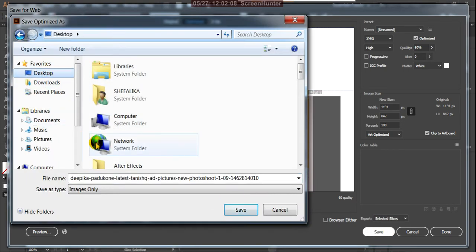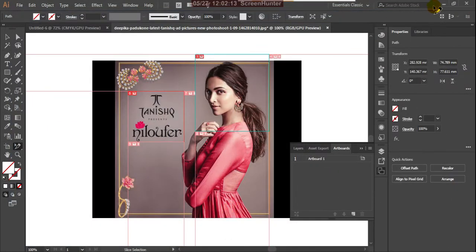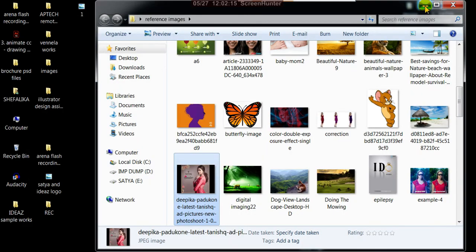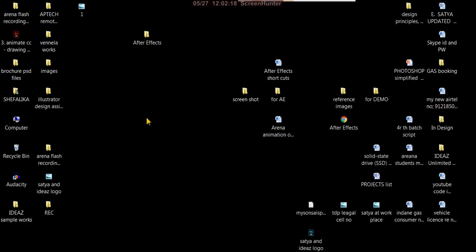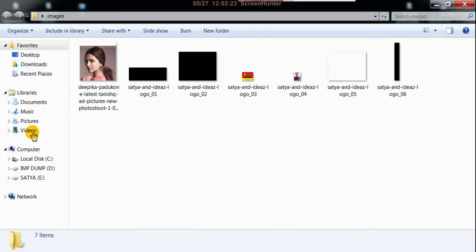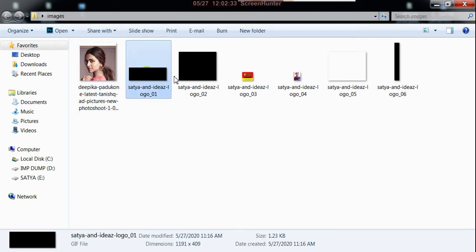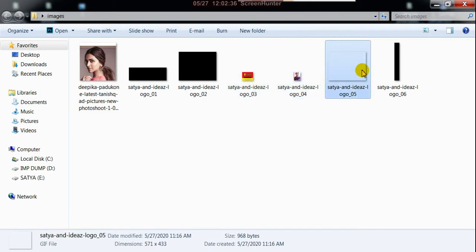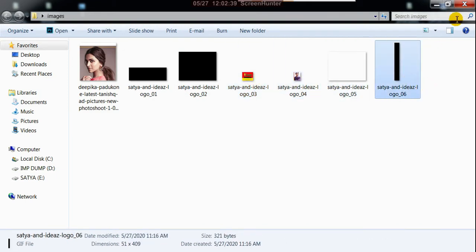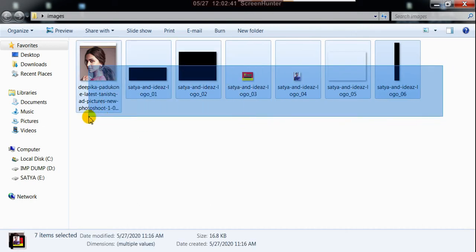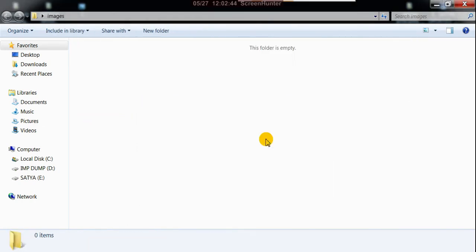And on the desktop, images only, save. Okay, now you can check this. Suppose in images, see this is selected. Okay, these are the old ones. To check this again, I'll save this again.